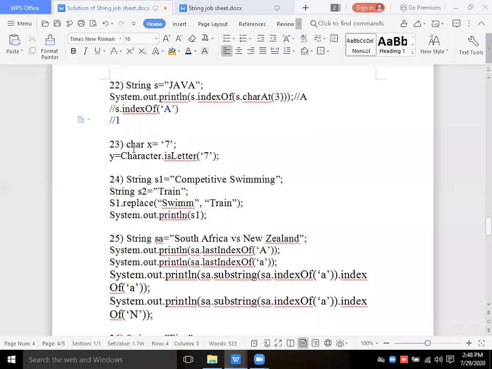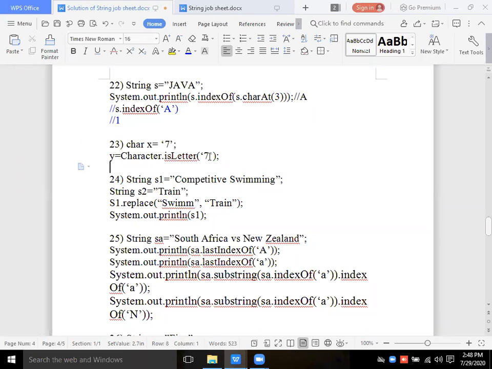Now char x is 7, means the value of this character variable x is 7. Now here Character.isLetter 7. See, they are not giving x over here, just for making confusion they have taken this x, but they are passing directly the character constant value 7.